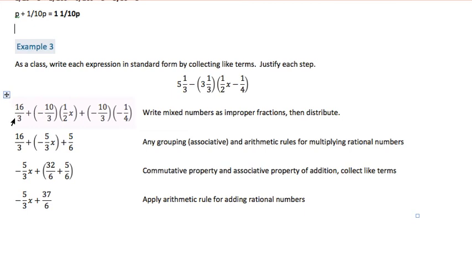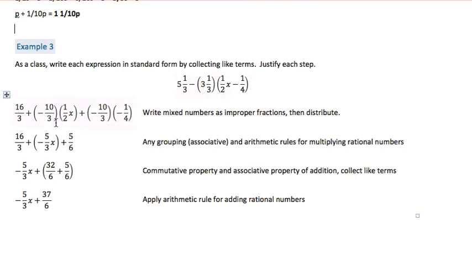First of all, we changed all of our mixed numbers into improper fractions, and we changed our subtraction to addition. So 5 1/3 became 16/3. Change that to addition. 3 1/3 was 10/3, and we had put the opposite sign since we changed this to addition. And then there's multiplication